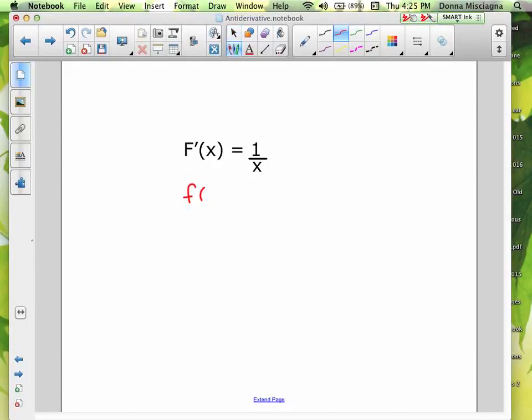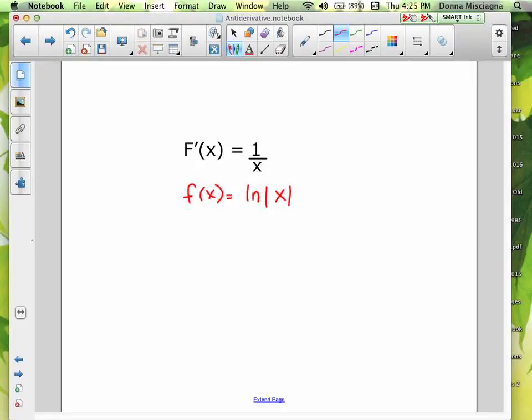And if you wrote down natural log of x, you're correct enough for me. I'm impressed enough. If you put the absolute value bars, I'm really impressed. So because this has to be positive, whenever we take the antiderivative for 1 over x, where our answer is going to be natural log or log,